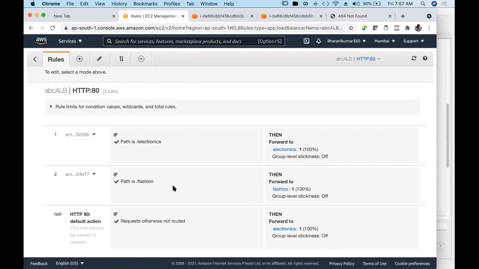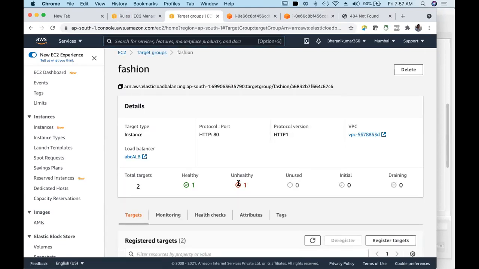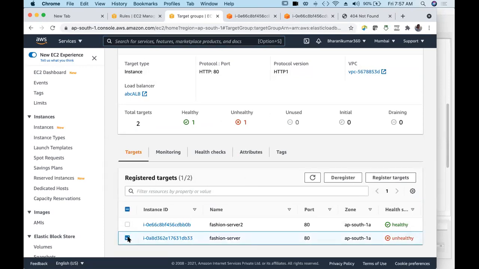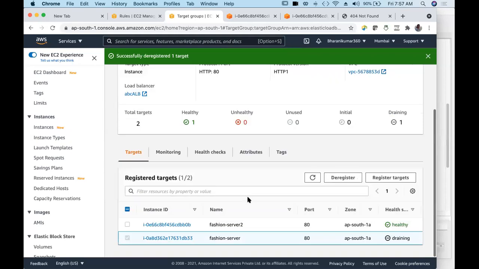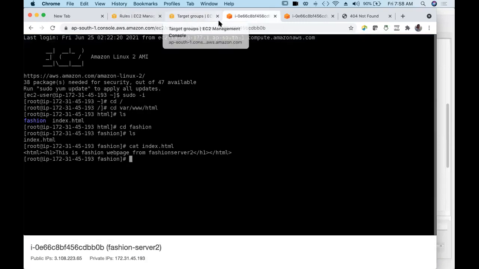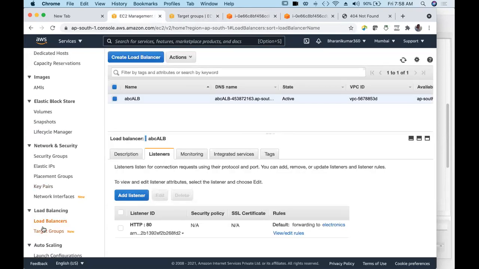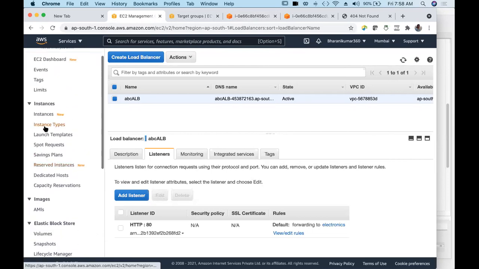Slash fashion, then forward to this. Let us remove this unhealthy one, deregister, and we'll go to my EC2 and check once.